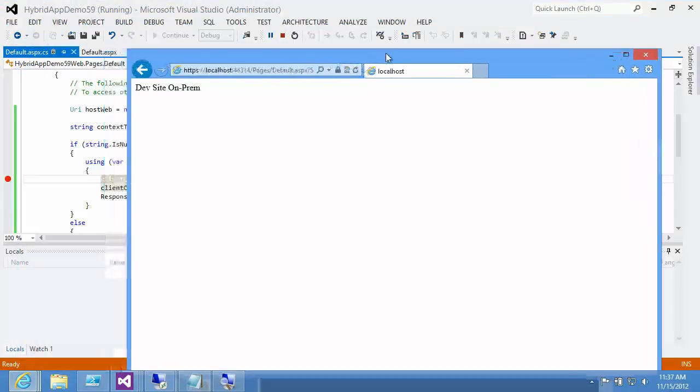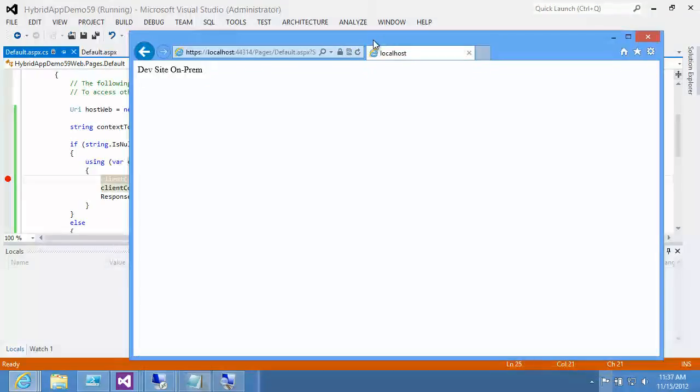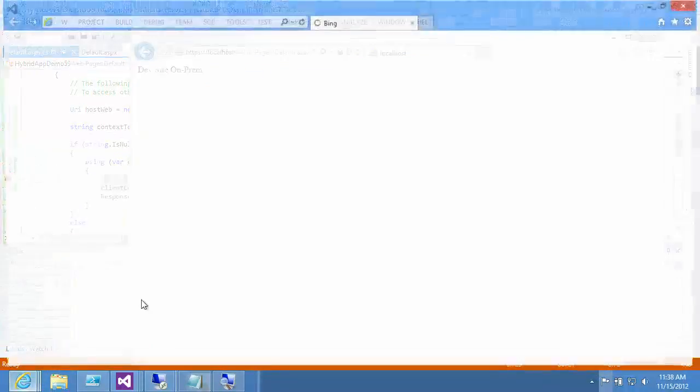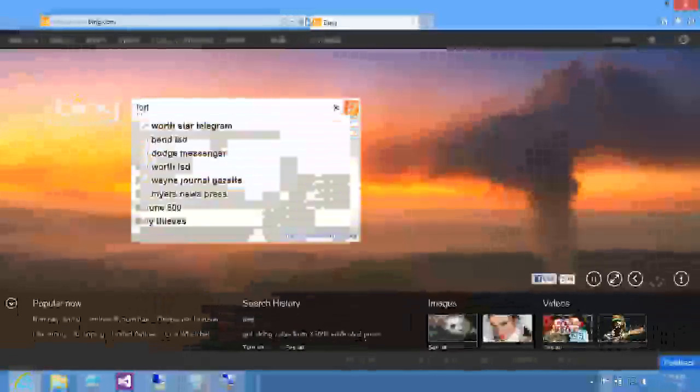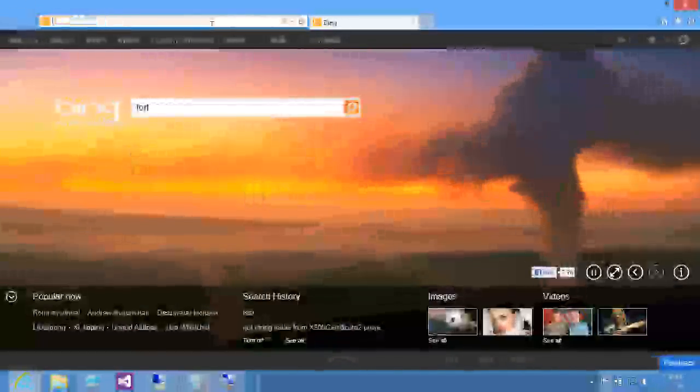And now I'm going to go and deploy the exact same app to SharePoint Online. And I'm going to do this in kind of a shortcut way. I'll also describe to you how to do it in the normal way that you would do for production, but